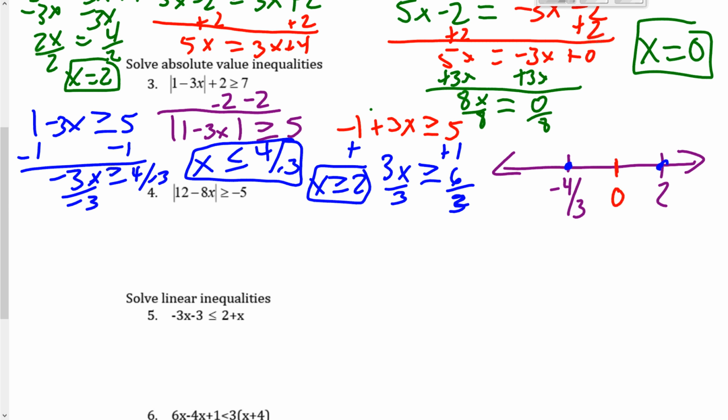So I plug 0 back into the original. So 1 minus 3 times 0. Take the absolute value of that, then add 2 and see if it's greater than or equal to 7. So 3 times 0 is 0, and 1 minus 0 is 1. Absolute value is 1, and 1 plus 2 is 3. So is 3 greater than or equal to 7? Well, that's not true. So that'd be false, right? So since that is false,